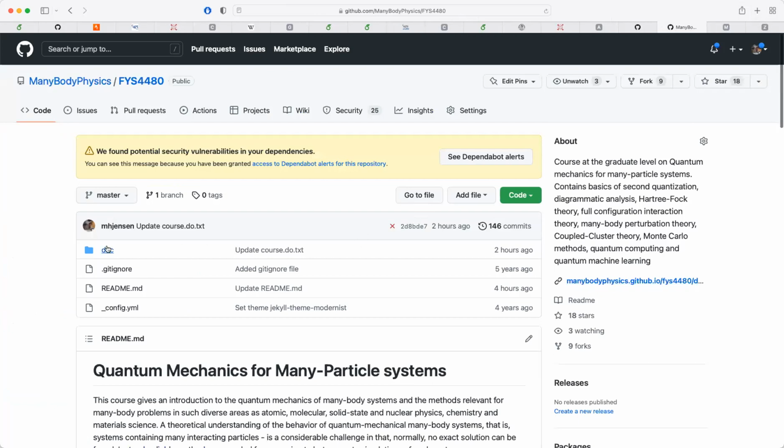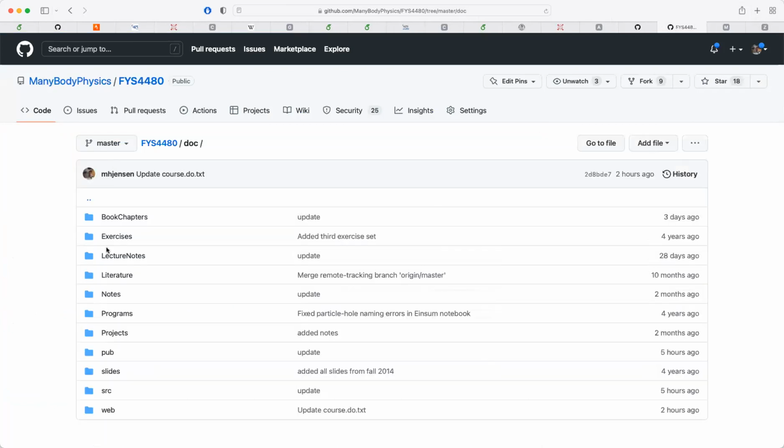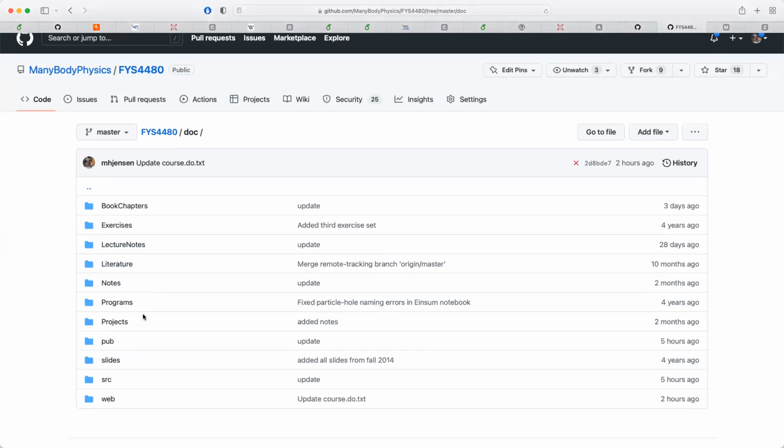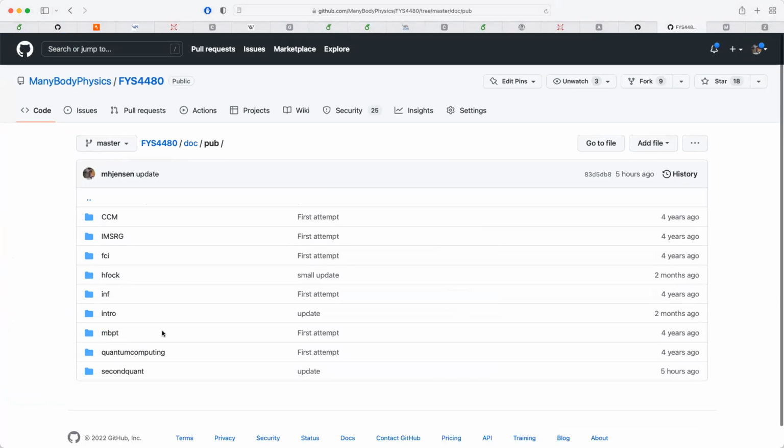In the folder here, you will find a set of additional folders. If you go to this doc folder, you will find in this pub folder the weekly material. So second quantization is the one which I'm going to look at pretty soon. I will tend to switch sometimes between Jupyter notebooks and slides, but mainly I will use the whiteboard, which functions as my blackboard. If we go back again,